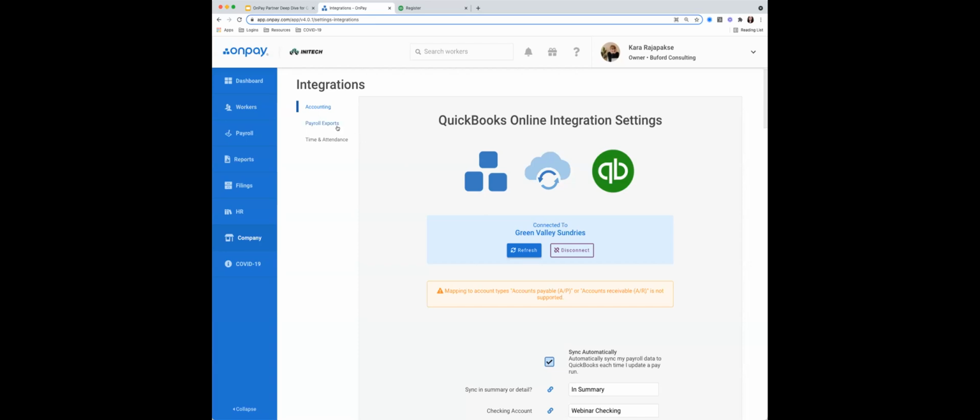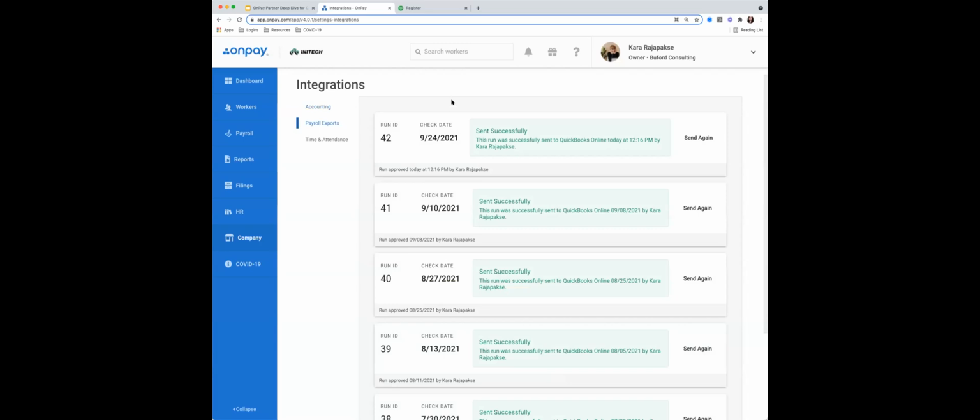And then the other thing is when you were showing those exports and you have the send again. So if we do make a mistake, we can delete the journal entry in QBO and then just resend it, right? Absolutely. Exactly. Or if you don't like how it's sent over, or you feel like it's not enough detail, you can make those changes. QuickBooks isn't the easiest thing to delete from, but it's easy to send again from us. You just got to go in and find it. That's all.